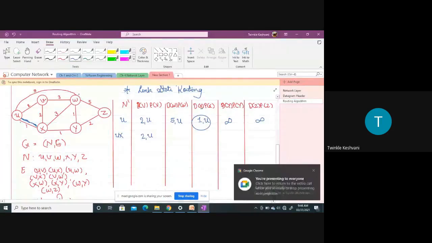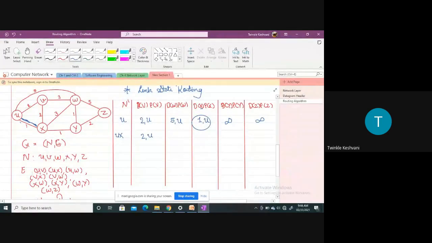Okay. So if you can see here, I have to go to W. First of all, if I want to go to the W node, there is only one route, that is a direct route from U to W. But now I have this route also, so I can travel through this route, that is U, X and W. I can go U, X, V, W as well, but right now there is no path between V and X yet.